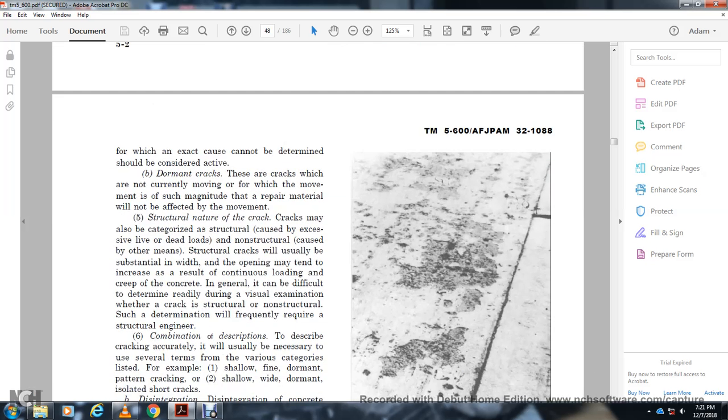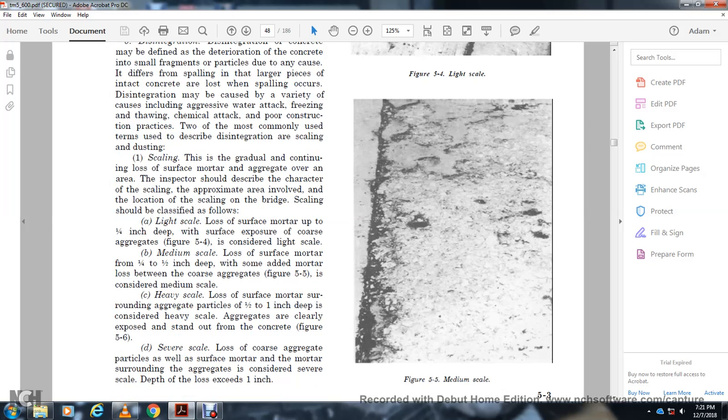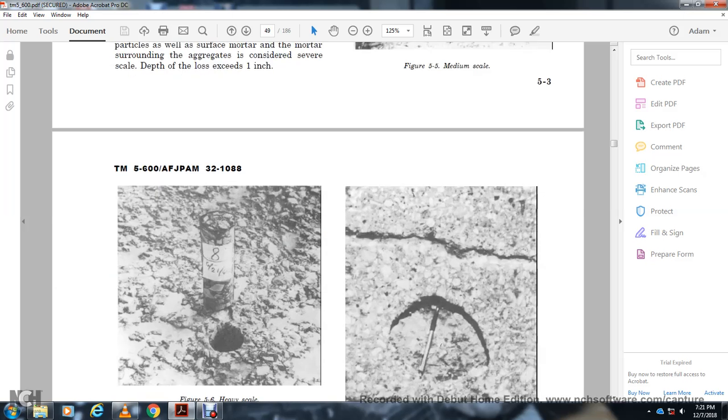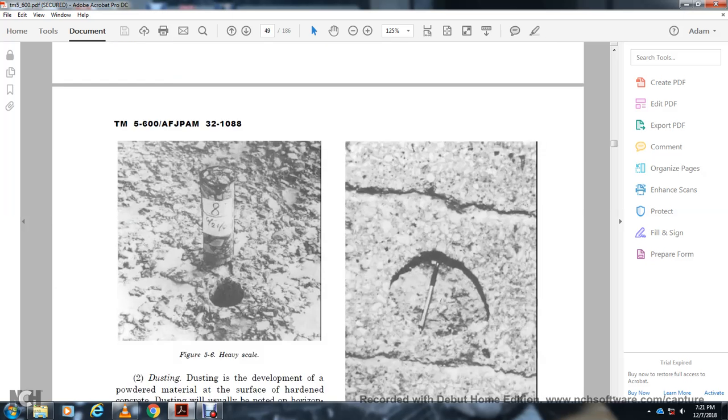Alright, let's look at the figures. Figure 5.4 shows the light scale, and figure 5.5 shows the medium scale. Figure 5.6 shows the heavy scale, and then it shows a little core, I guess. Alright,